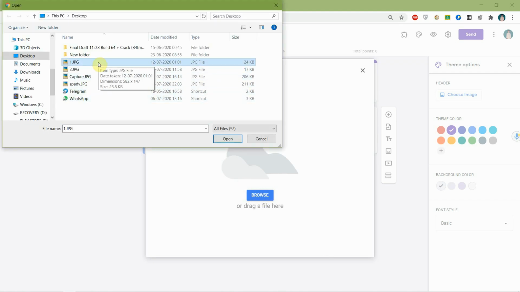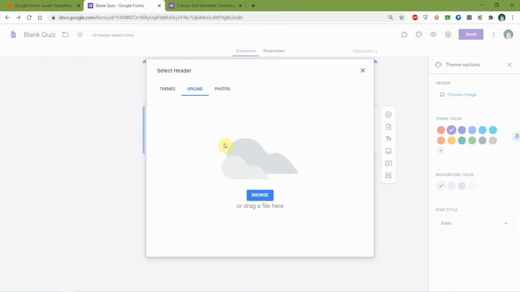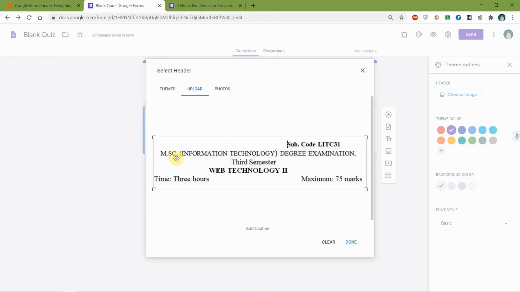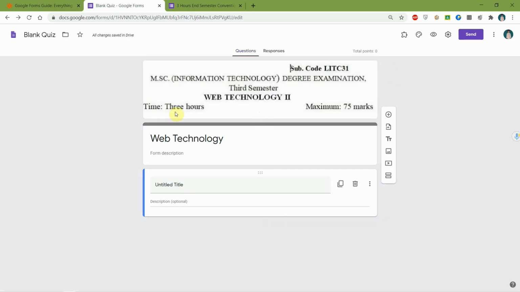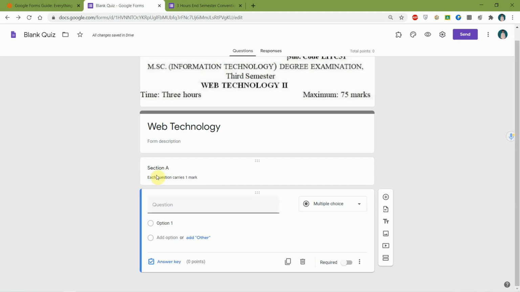Choose an image from the computer. Click open. See, the image looks like this. I have used the snipping tool to crop this image from the question paper. Now the header image appears. Now we can add sections to this question paper. I have added a section here